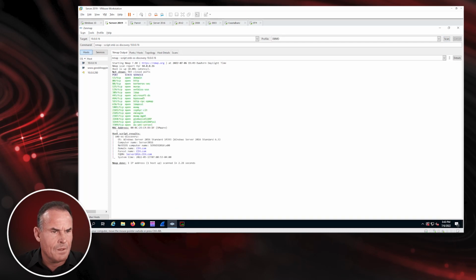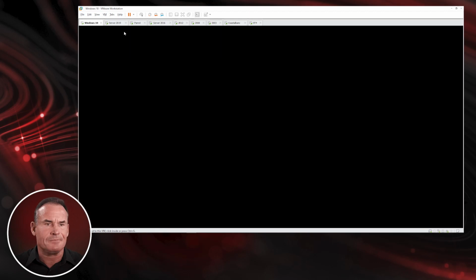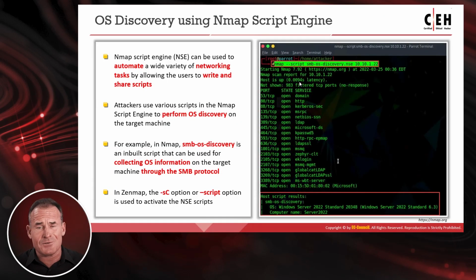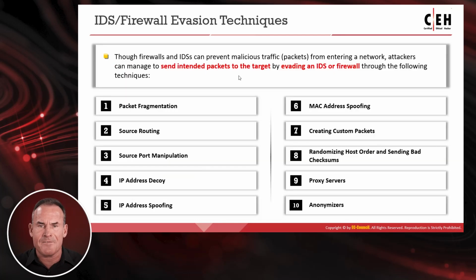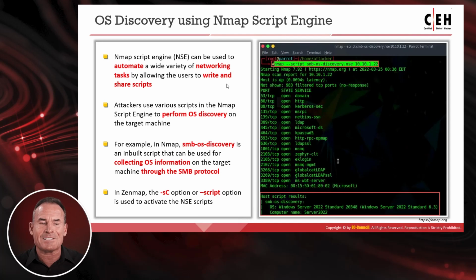There we go. All right, that gives me a specific, Windows Server 2016 Standard 6.3, very specific based on the server message block protocol versioning. So that's where things get a lot more precise than your general OS fingerprinting. So I can go for generalities or specificities when I start targeting specific software versions. So SMB OS Discovery, definitely useful for identifying specifically what version of the operating system I'm looking at, especially with